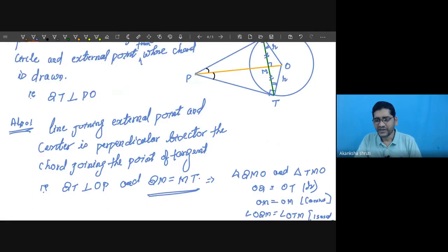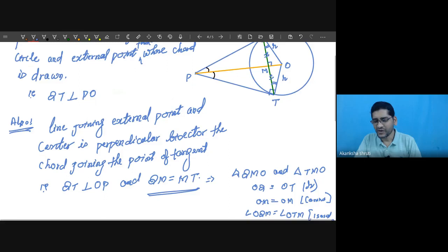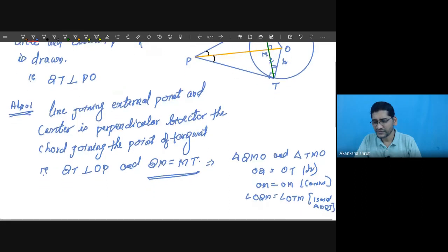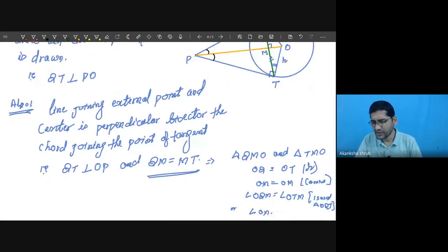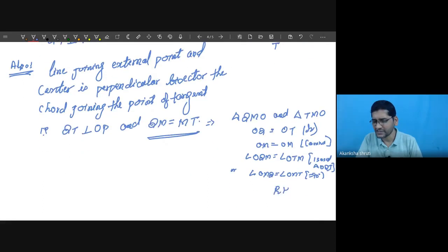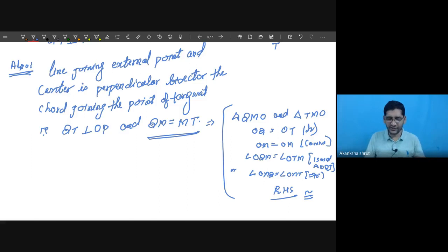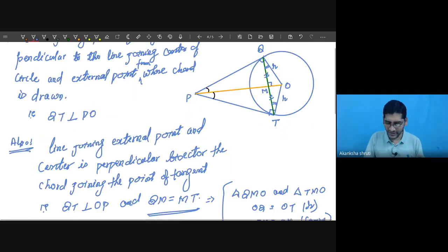By which theorem can we say it is equal? Is this catching anything or not? Or even we can directly use this angle OMQ is equal to angle OMT, each equal to 90 degrees. So by this way we can say by RHS, the two triangles are congruent. So this way congruency can be proved. So wherever required, you must recall the concept of congruency and apply.